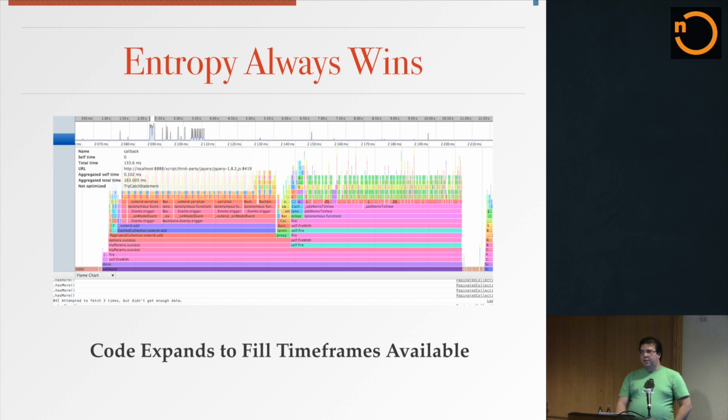And the other thing is the concept of entropy. This flame chart is taken from a real-life application that we were developing, and we were able to reduce what you see in here to half by doing tricks like delegating complex computation stuff to web workers and reducing the number of event handlers and joining stuff and getting rid of a bunch of objects. But my point is again not that. My point is